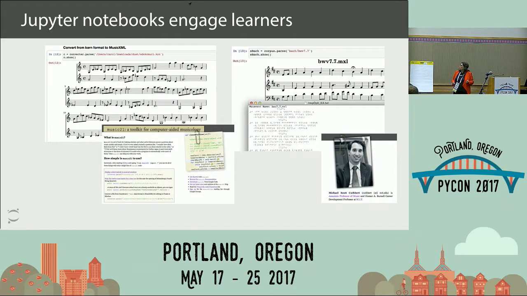And he was using IPython Notebook in the early days, where it was kind of a challenge to get it installed. But once you had it installed, it was really cool. You could do really cool stuff, like do analyses of all of Bach's concertos in only several lines of code. Or you could take a common song and render the sheet music and then translate it into Braille, which I thought was really fabulous.